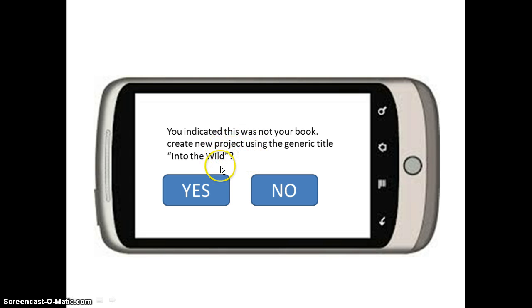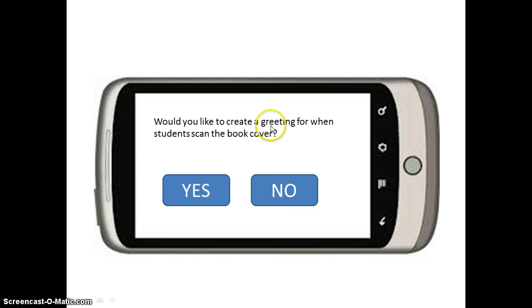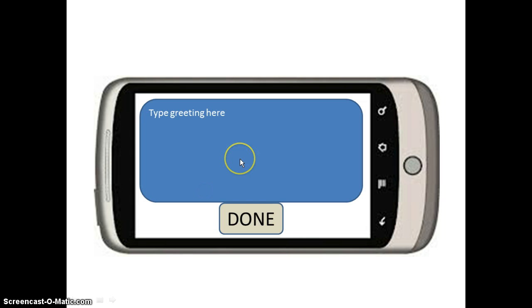the phone automatically prompts the user to create a title using the words that they entered, Into the Wild. So we'll go ahead and say yes, and then it prompts the user to create a greeting for when students scan the book cover, and we'll go ahead and do that. And in our greeting,